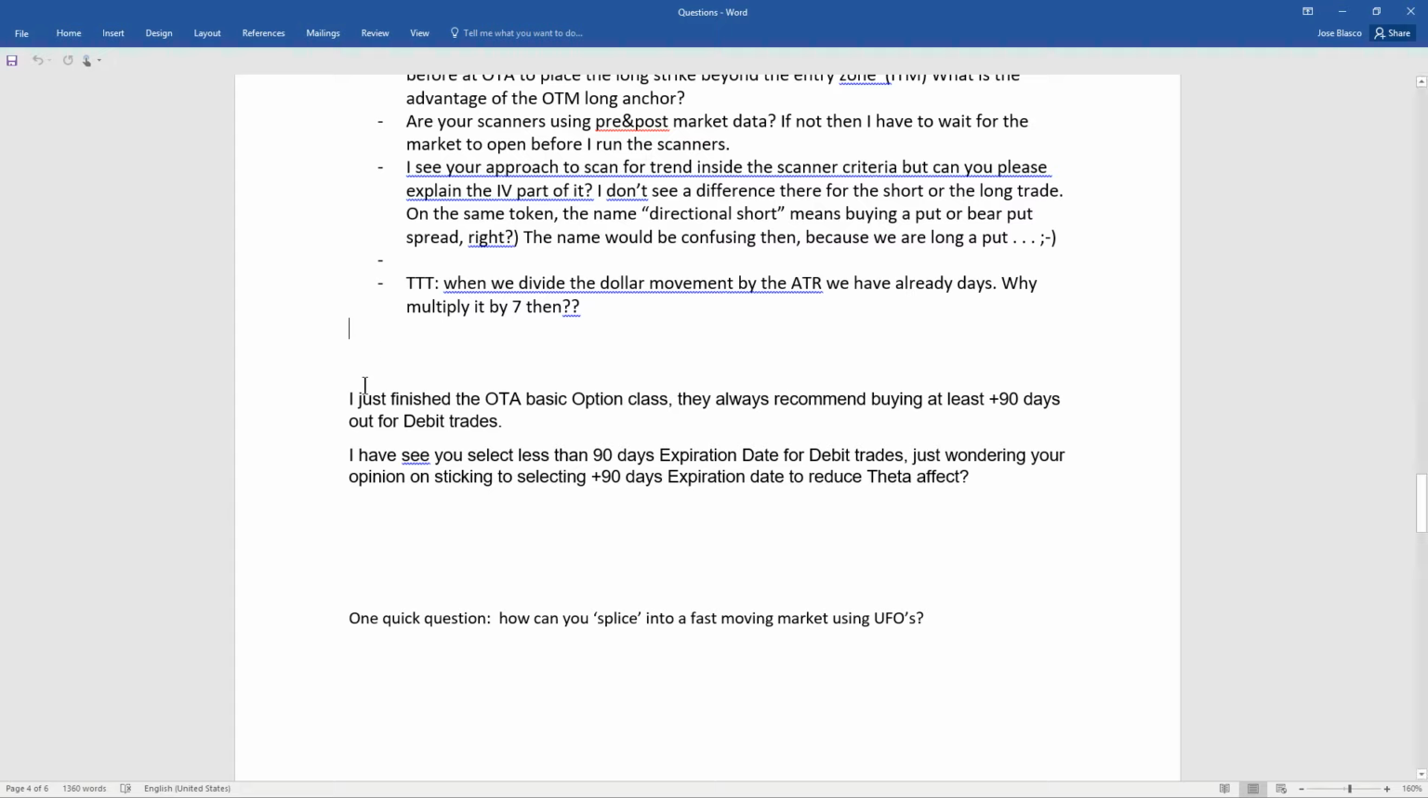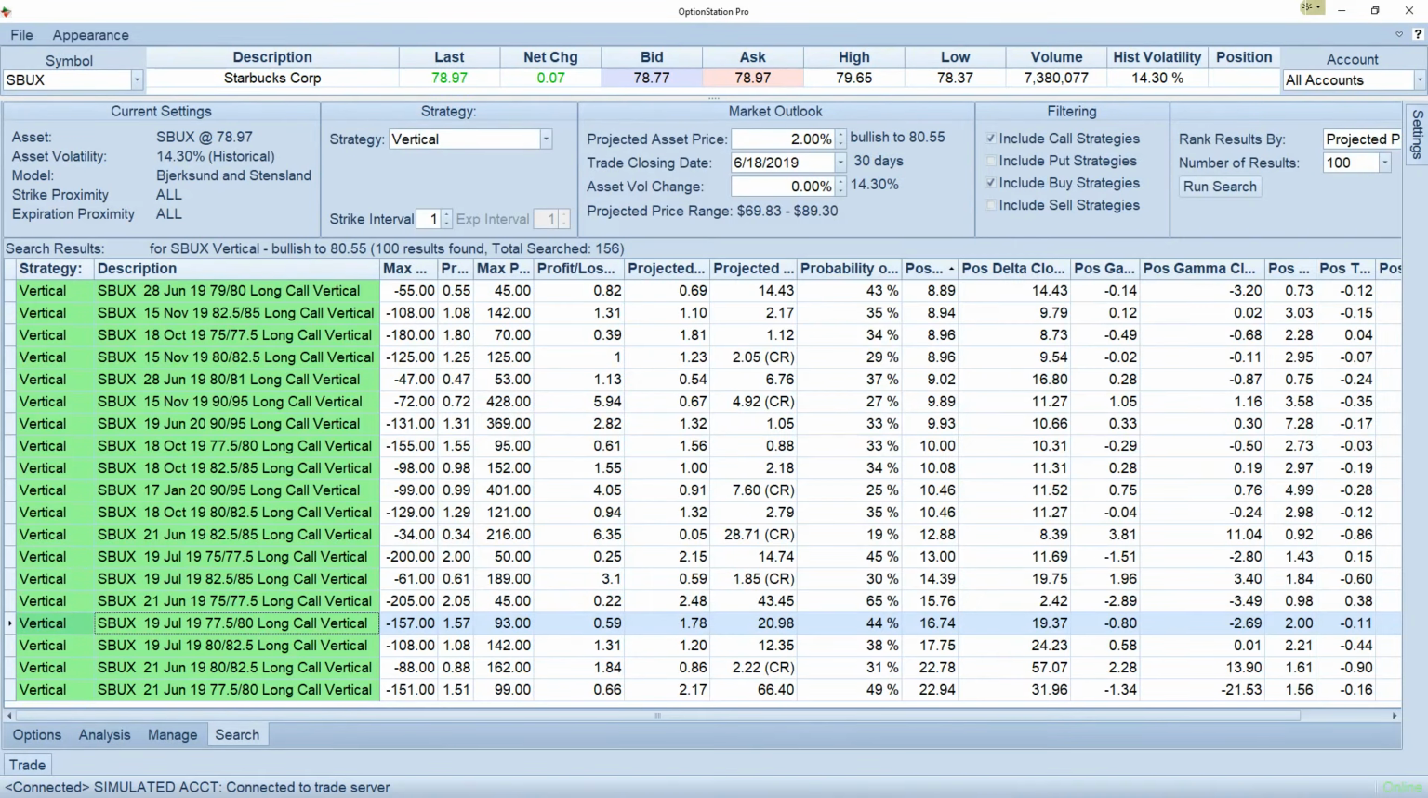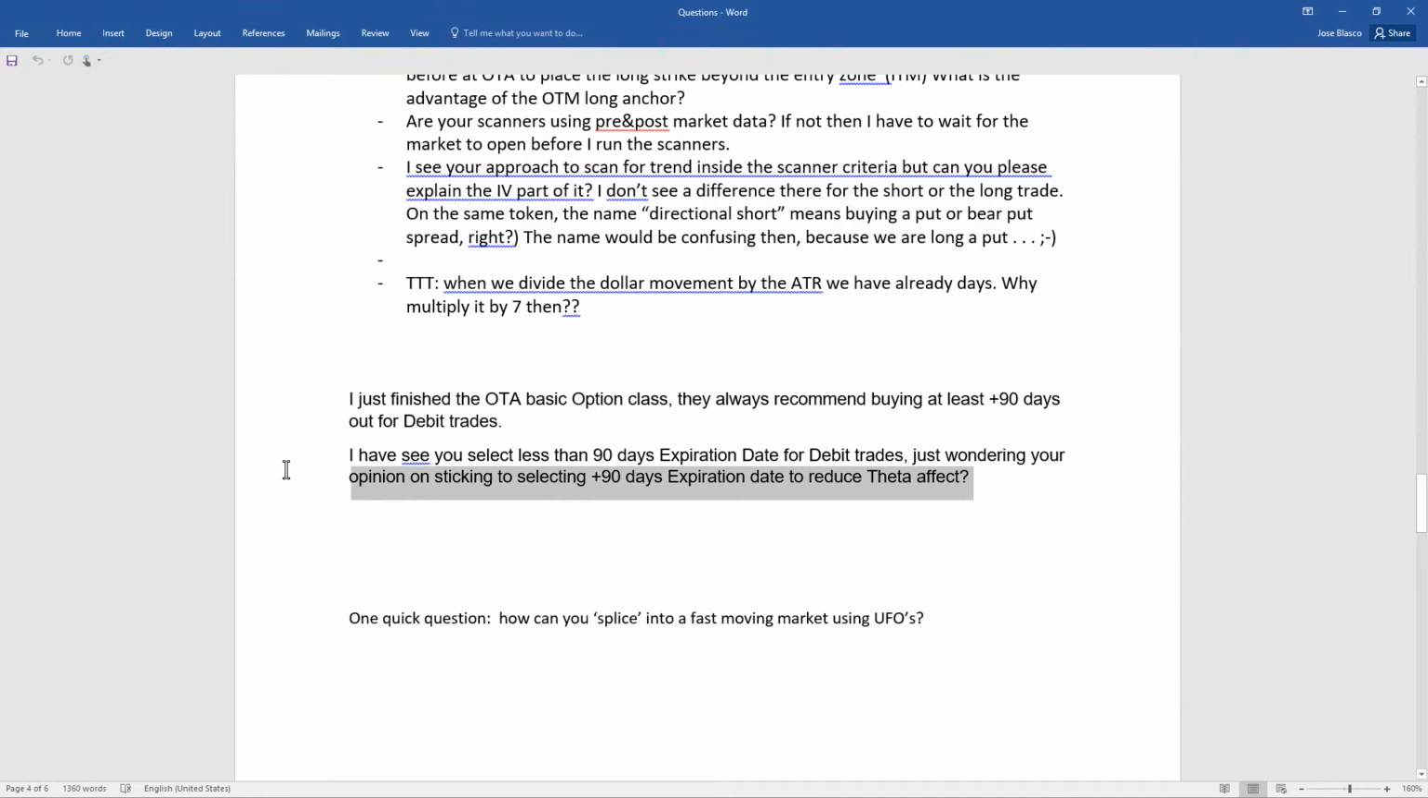I just finished the OTA options basic class. They always recommend buying at least 90 days out on debit trades. I have seen you select less than 90 days to expiration. Just wondering your opinion on sticking to selecting plus 90 days options to reduce the theta effect. Well, I'm trying to do more than that in the rules I'm giving you. Ultimately, we'll do stuff that is even more advanced with the search function of TradeStation. If that's okay, I will elaborate more on this in future sessions, but I'm just gonna give you a little hint, which is